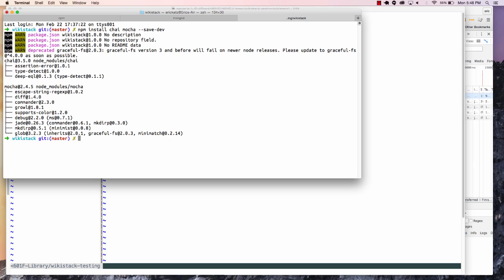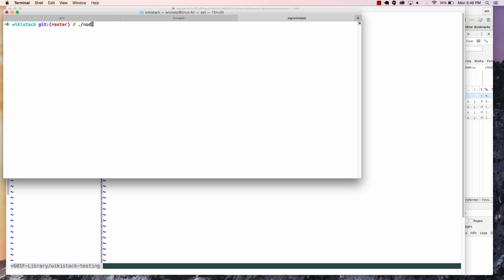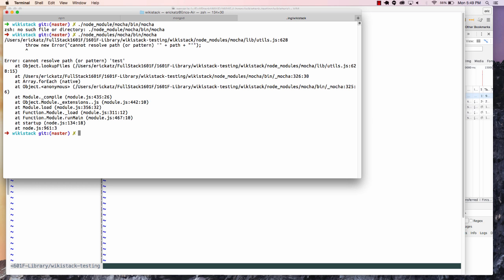Now, we can actually just start running Mocha. Mocha is now installed. It's under our node modules. If we went in and we said node_modules/mocha/bin/mocha, we'd actually be running Mocha. The problem we're going to run into here is that Mocha is expecting a directory called test, which we don't have. We end up creating that directory,